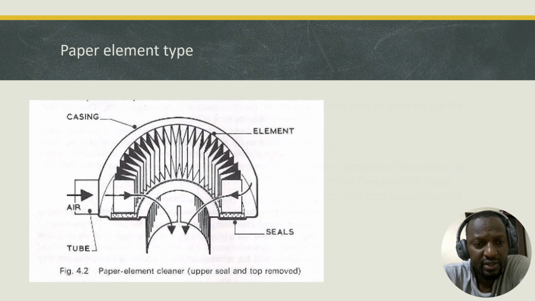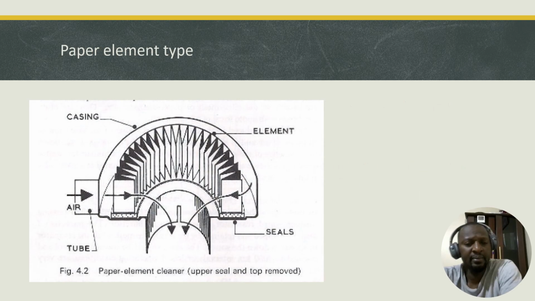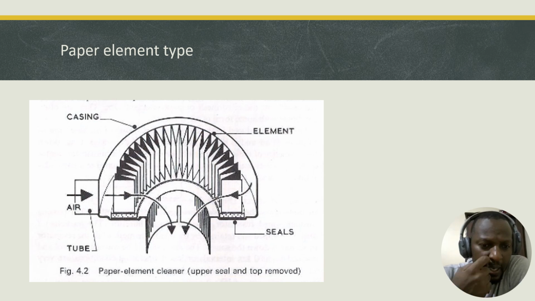Now let us look at the paper element air cleaner. It consists of a casing, and inside the casing you will find the paper element. This is like a felt-like paper, and the paper is folded or pleated to increase the surface area. This is on its section, so the paper would cover around. You may have air cleaners of any type. You can have rectangular ones, square ones, cylindrical ones, or cuboid ones, depending on the design of the vehicle. But the most important thing is to have a large enough surface area to match the amount of air that